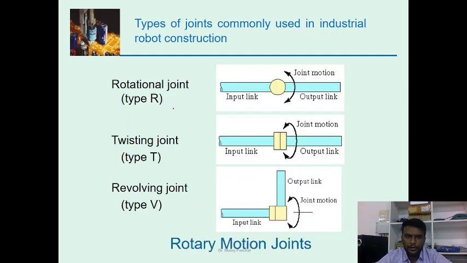The next, to provide the rotational motion, we have three kinds of rotational joint. The first one is the rotational joint, denoted with the letter R. Simply it is a turning pair or turning joint, right? Take as an example a door and the wall. The door and the wall are connected with the help of a turning pair or turning joint. So there you can see this motion. This is called the rotational joint.